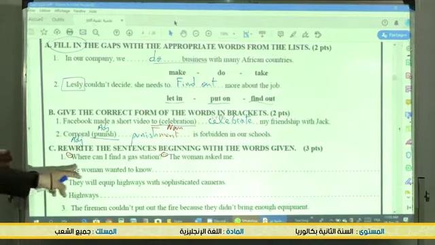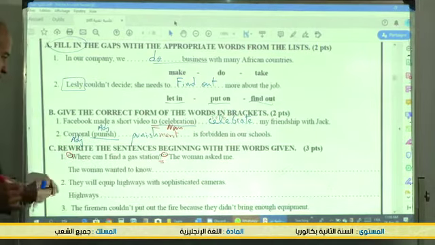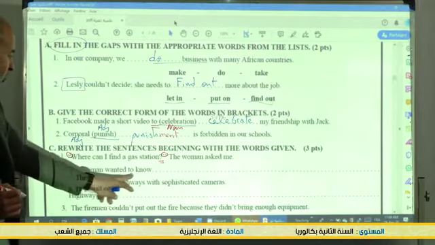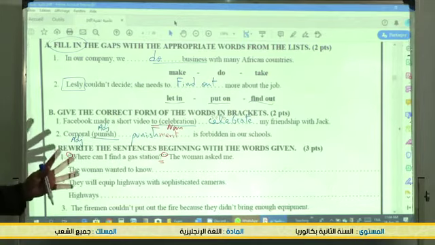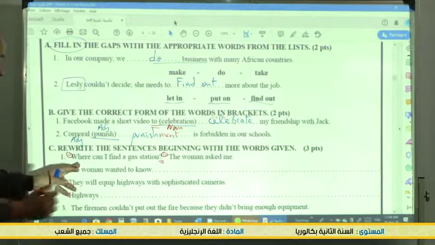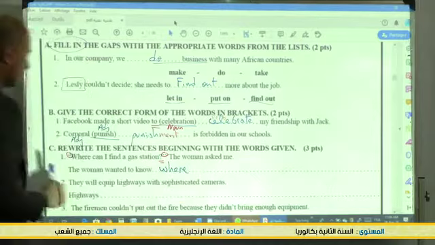So there is a question, where can I find a gas station? Question mark, it's a question. So the woman wanted to know, the woman asked me or wanted to know, what did she want to know? She wanted to know the place. Okay, a place. So she wanted to know where